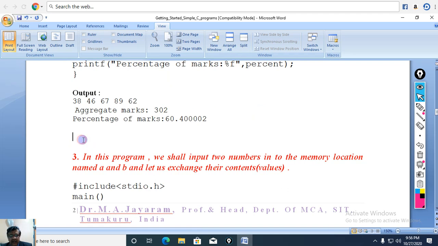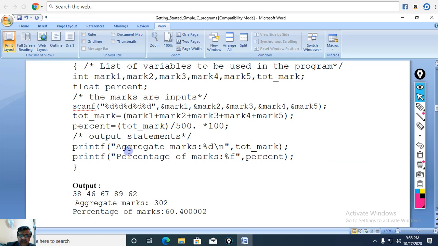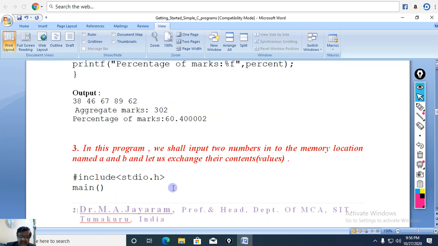And the third program, let us see what are all the changes that are brought into the third program. Here you should notice directly we have the scanf statement. The scanf function will scan the input that is given through the keyboard. It is a keyboard based input function, and printf is the screen based output function. It will be echoing whatever we write, whatever we print, as the answer.